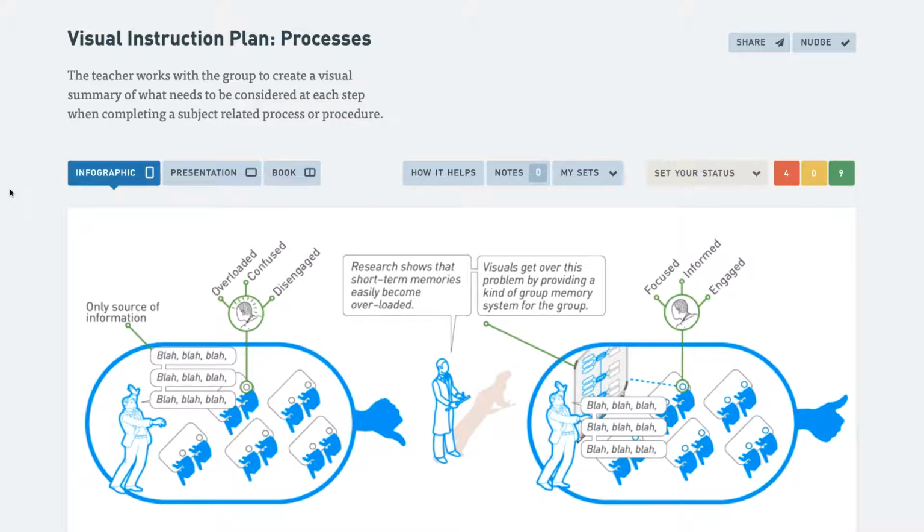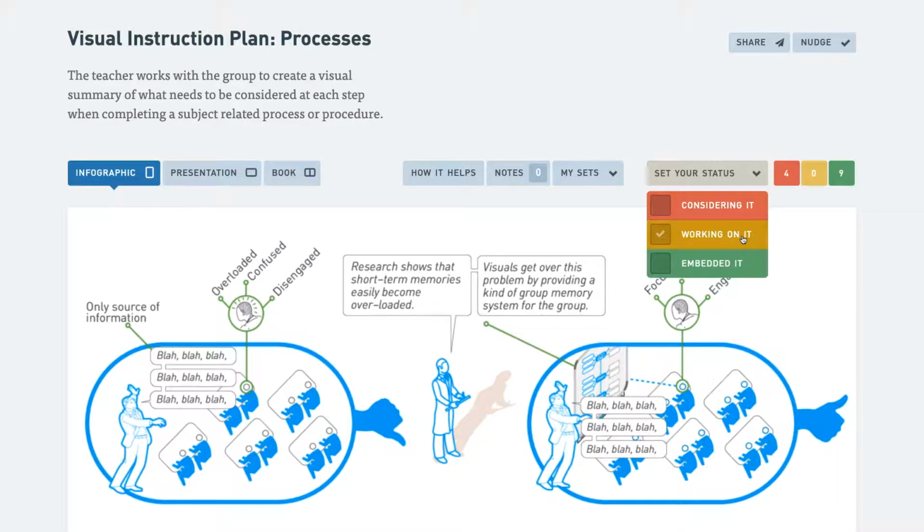Now you can see that next to the Sets button or tab, you'll see a bar that invites you to set your status. It's called a status bar for the how-to technique that you're looking at. There are 3 status options. It might be a technique you are considering adding to your teaching repertoire, or it might be a technique you're currently working on adding to your repertoire because you've seen that it will help you meet a particular learning need,